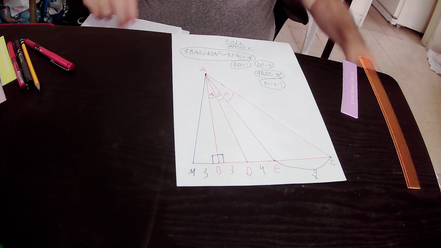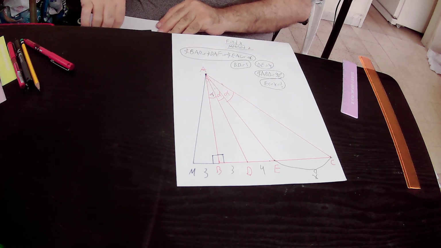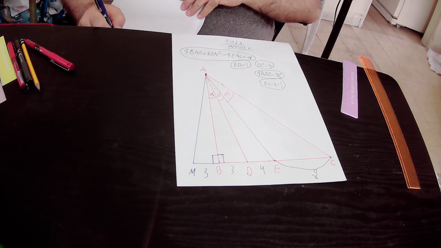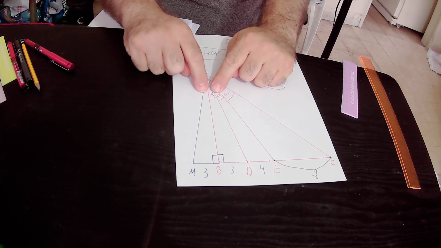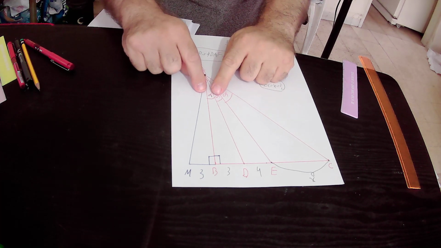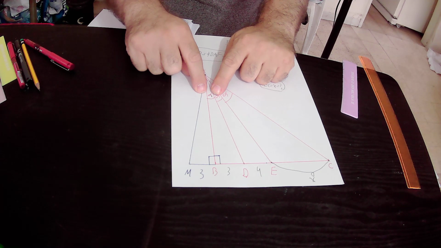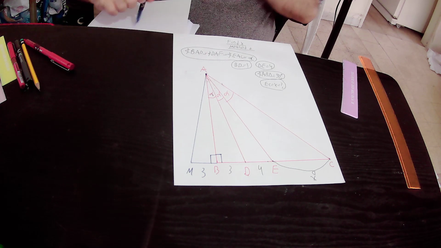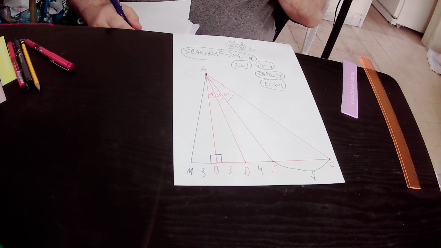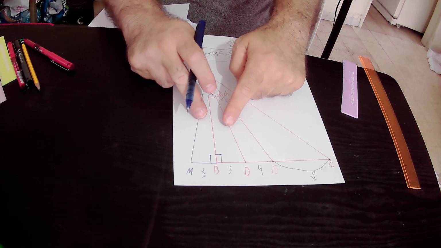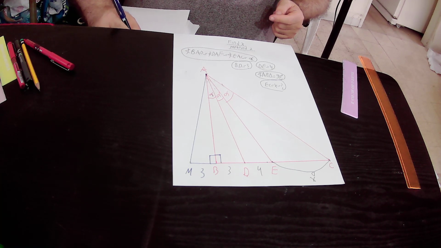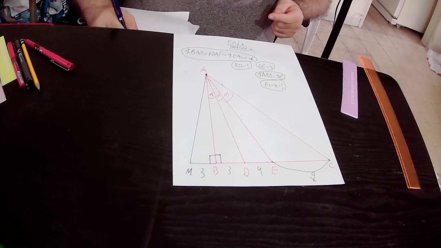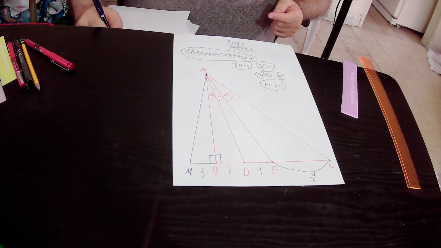So from the fact that those two triangles can go into each other, we can conclude that those two angles are equal to each other. Those two angles are equal to each other according to the rule that corresponding angles in congruent triangles are equal to each other. So I'll write it down. That is to say angle ABD is equal to angle ABM